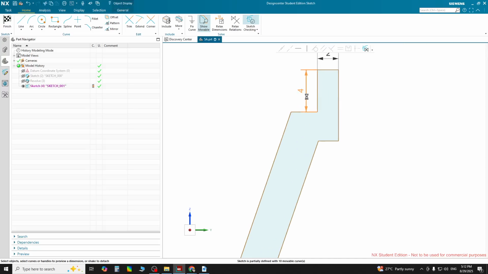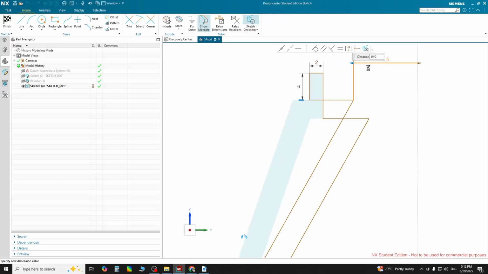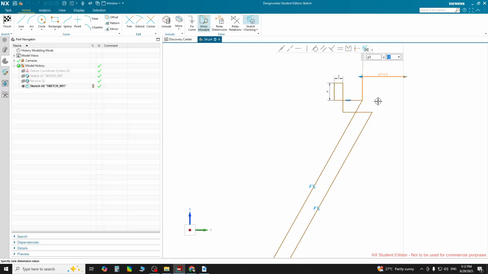You open this drawing somewhere on the side, and this was 4, and from this point to this it was 19 half, 19 half, 19 half, and okay, and